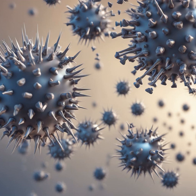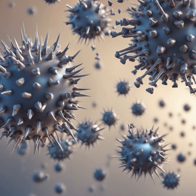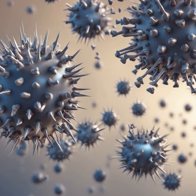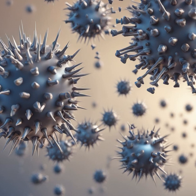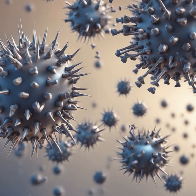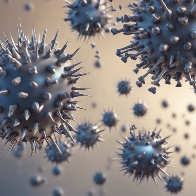Next story. MIT University's silicon spikes eliminate 96% of virus particles. In a groundbreaking study led by MIT University, an innovative virus-killing surface has been developed, boasting an impressive 96% efficiency in eliminating virus particles. This cutting-edge technology features a surface made of silicon adorned with minuscule nanospikes that effectively skewer viruses upon contact. The research, showcased on the cover of the prestigious journal ACS Nano, demonstrated the surface's ability to